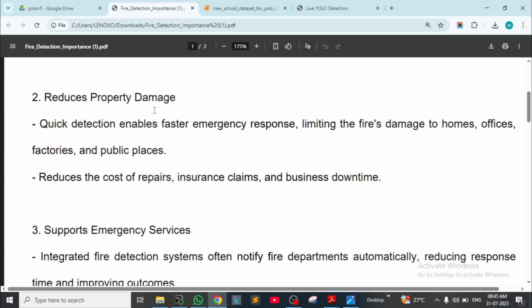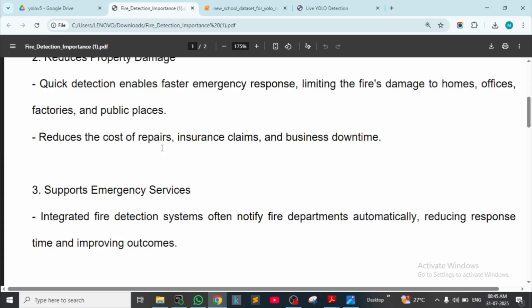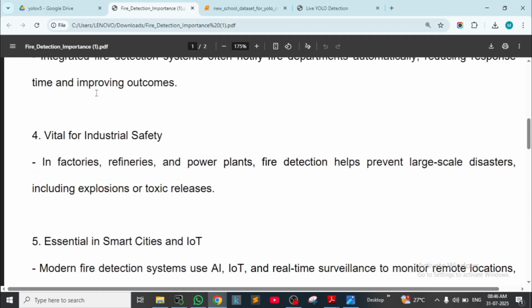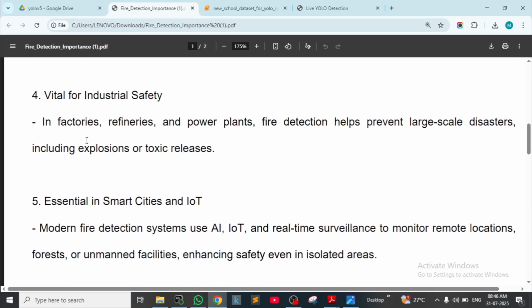Reduced property damage. Quick detection enables faster emergency response, limiting the fire's damage to homes, offices, factories, and public places. It reduces the cost of repairs, insurance claims, and business downtime. And support emergency services. Integrated fire detection systems often notify the fire department automatically, reducing response time and improving outcomes. Vital for industrial safety. In factories, refineries, and power plants, fire detection helps prevent large-scale disasters, including explosive or